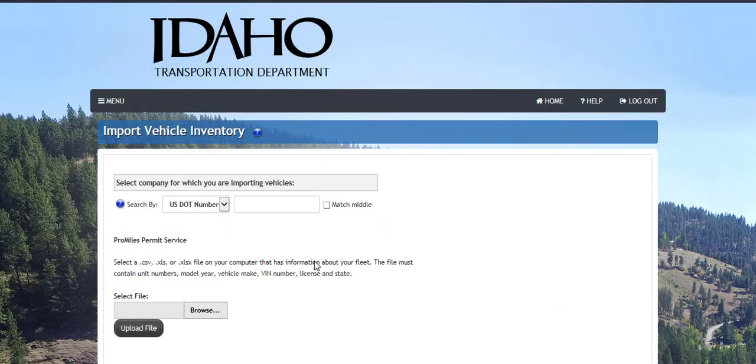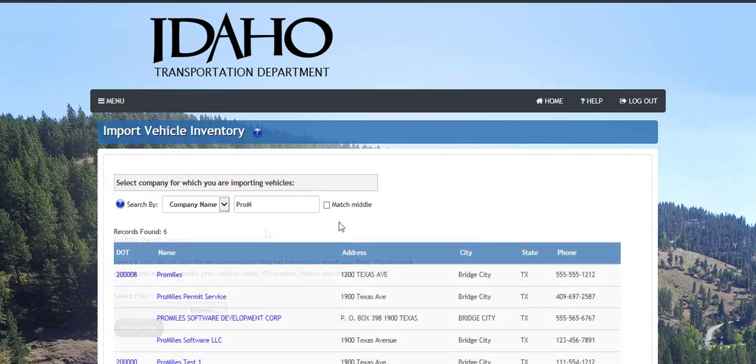In order for a permit service to upload a vehicle inventory, a company will need to be selected. Select US DOT number or company name from the drop-down list and enter either the US DOT number or company name in the text field. As you type, a list of results will be displayed in the Records Found section. Select either the DOT or name hyperlink from the Records Found list for the company that is needing the vehicle